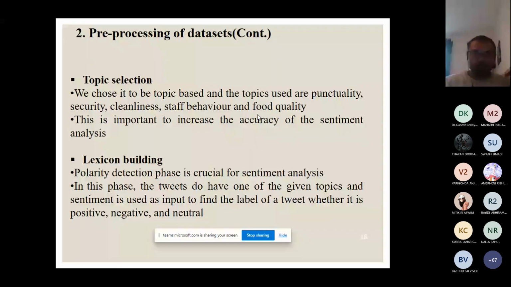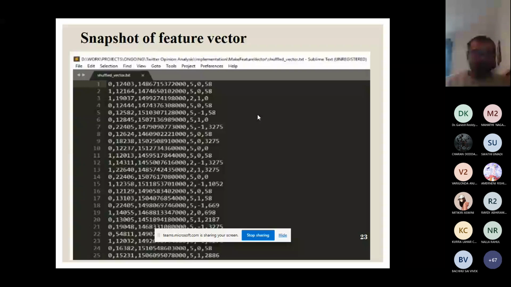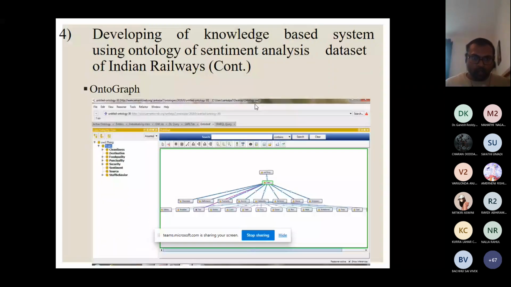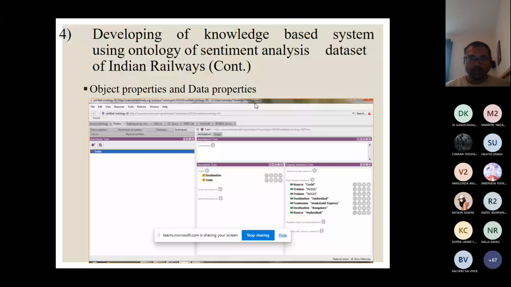So now we'll come to the implementation of ontology. This is one of the parts of ontology. We can create the classes, subclasses, and objects in this, and it will create a graph also. This tool is the Protege tool. It is nothing but an ontograph. We are creating the ontograph. This is the way we can see it while operating this; we will get the ontograph. Then we are creating the data properties, what data properties we have and what object properties we have, and we are showing them.